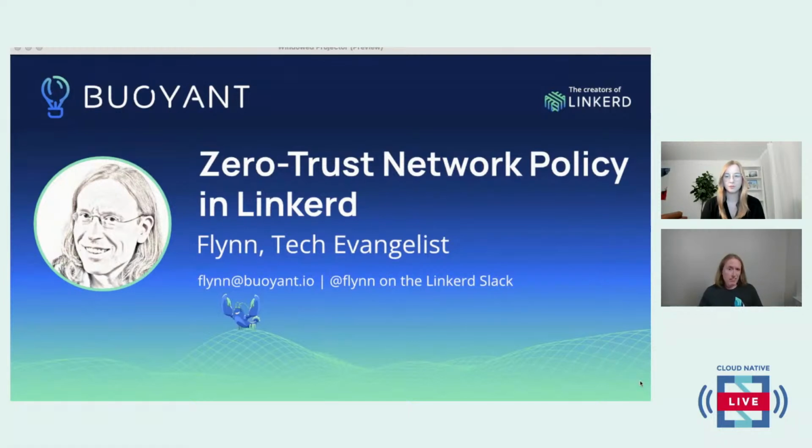Zero Trust, there's a lot to this topic, so we're a little heavier on the slides as opposed to demo this time around. And we'll see how it works. There's a link in the chat to the repo with all the demo code I'm going to be working with, all the stuff I'm going to be showing. I would encourage you to take a look at that. If you have questions, stick them in the chat. We'll get to them as soon as we can.